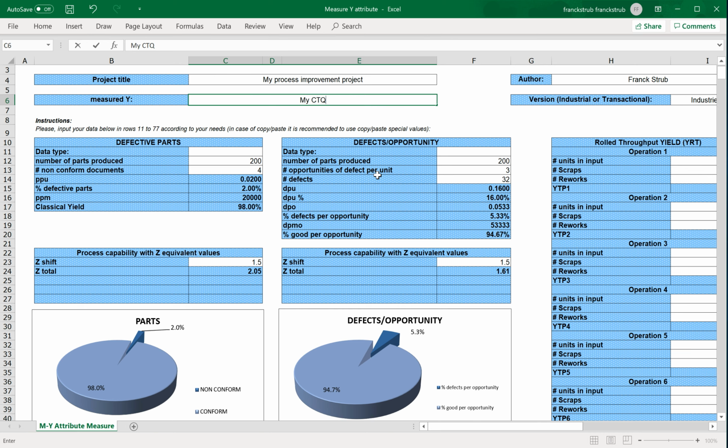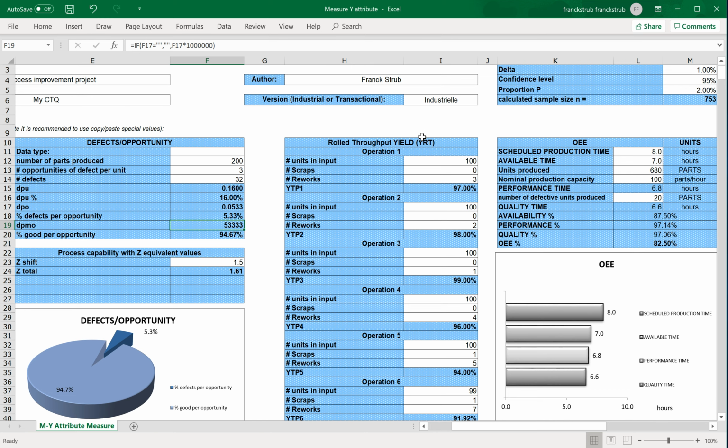Yes, this data sheet or worksheet will allow you to calculate PPM values with defective parts, calculate DPMO values with defects per million opportunities, and also calculate rolled throughput yield, or if we have the industrial version, overall equipment effectiveness.